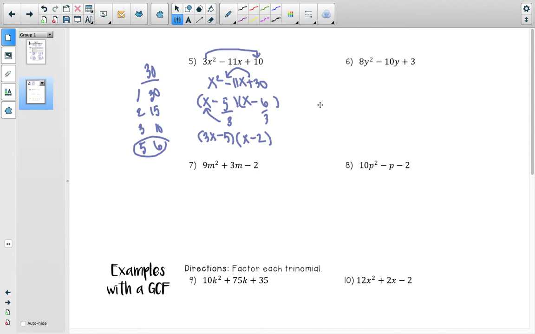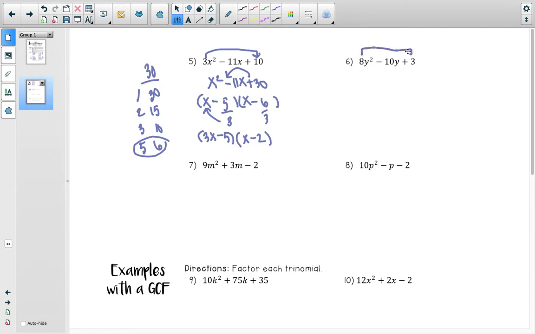All right. I would like you to pause the video, try as much as these 3 as you can, and then replay the video, or restart the video, I guess, and see if you got them right. Okay, so pause the video now. All right, now that you undid the pausing,